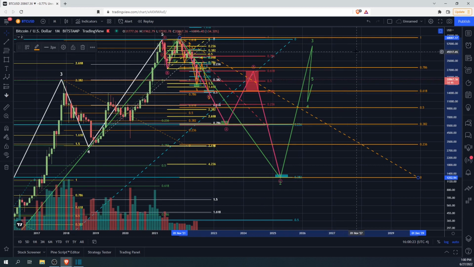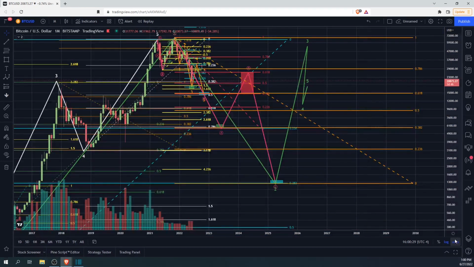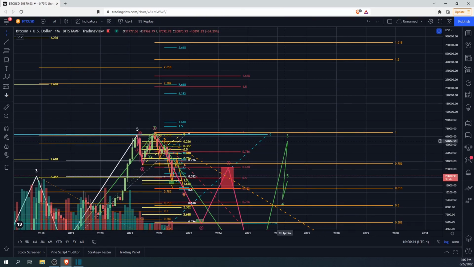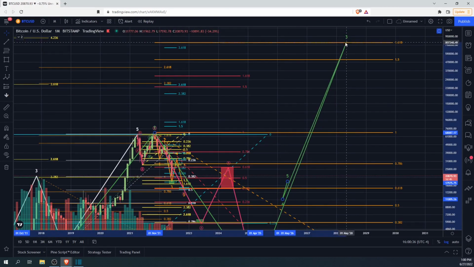We don't know where this is going to take us, but if we take that tool and go from our high to our potential low right here, and then we look to where we can place our 3 at, all we're going to do is just zoom out here, and we're going to look for those same levels. So the 1.618, that seems like a viable potential target to the upside. And in this case, the 1.618 is going to give us a target of